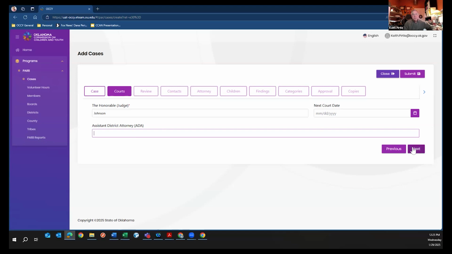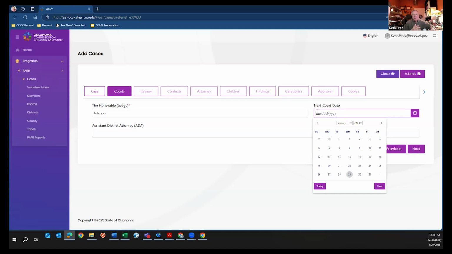And then remember, once you enter a case for the first time, if you re-review that case, that information is going to always stay in there. Next court date. Again, that's what I was talking about earlier, what do you want to know? Well, I think it's nice, especially if you're preparing your caseload, your case list, you pretty much know when they're going to court next, because you should start with your deprived case list of who's going to court in the next 30 days or between your meetings.